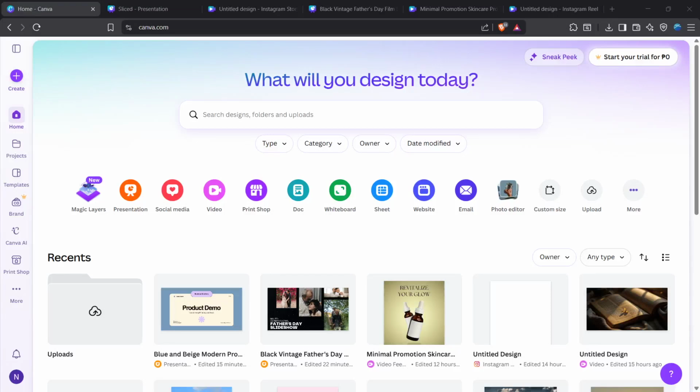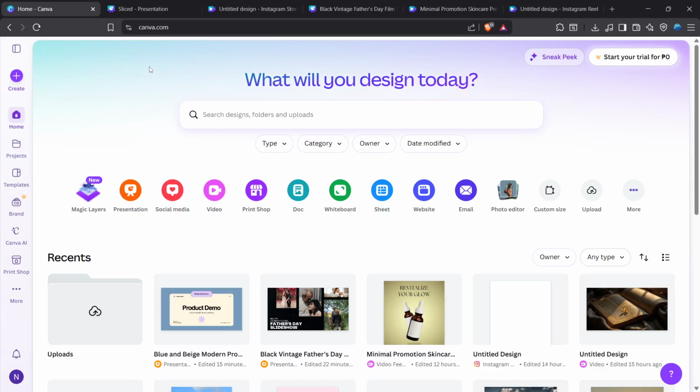In today's video, I'm going to teach you how to create sliced text effect in Canva. We're going to make this effect using Canva's built-in text and element tools, and the process is very simple once you know where everything is. If you want a clean, modern text style that looks like it's been cut or split, this is a great